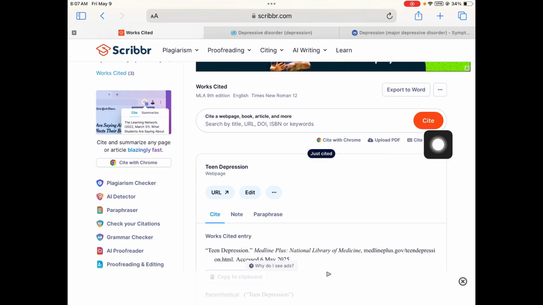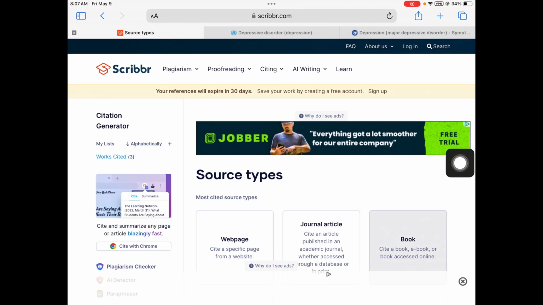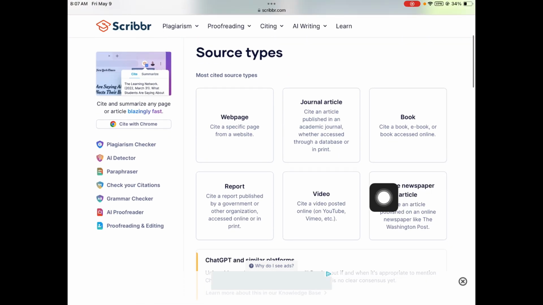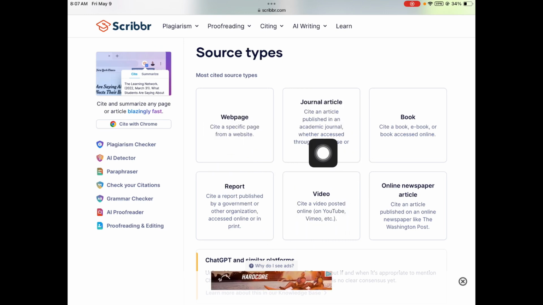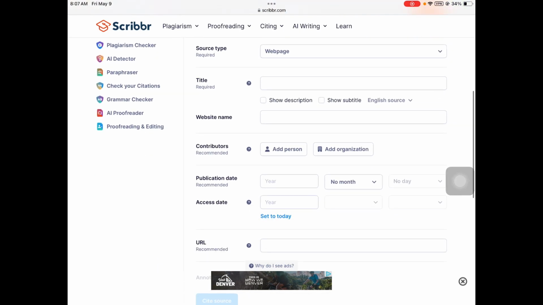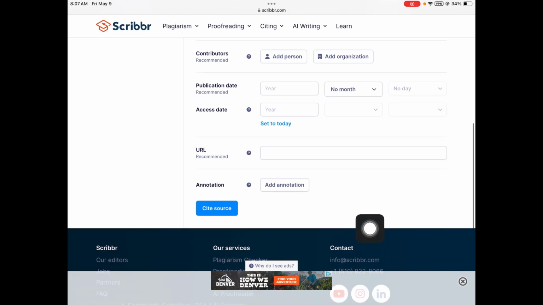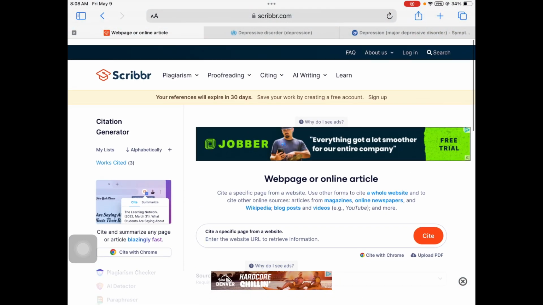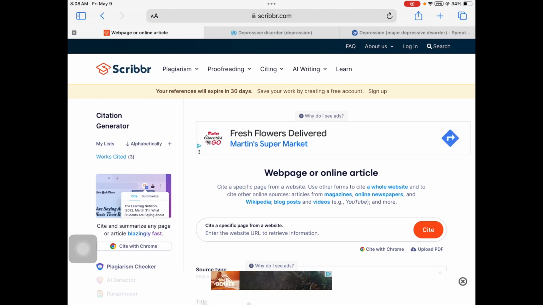It says cite manually under the cite button, especially if like it says your web page is not available when you search it. And you can select the type of source. Most of you have web pages. If you're unsure, you can ask if it's a journal article or an online newspaper article. I'm going to hit web page, and then you can manually type in all your information and cite the source. So that's an option too, because you've collected all that info from your source. Okay? Then you can copy and paste those on your document and make sure